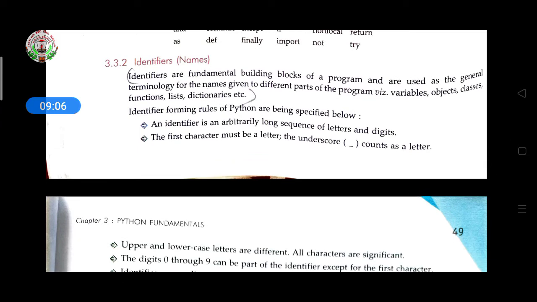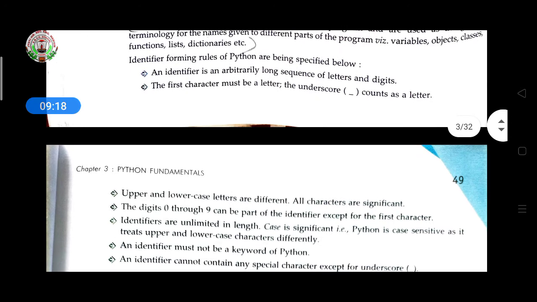First, an identifier is an arbitrarily long sequence of letters and digits. Then, the first character must be a letter, and the underscore counts as a letter. So if you initialize a variable, for example a student variable in which you store all the marks of the student, the name should start with a letter only.